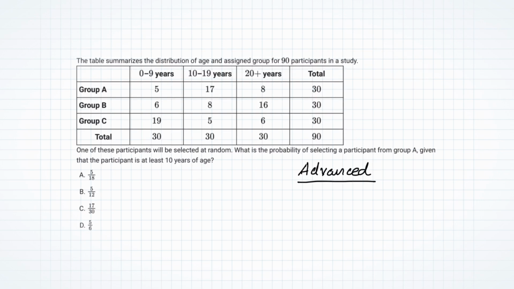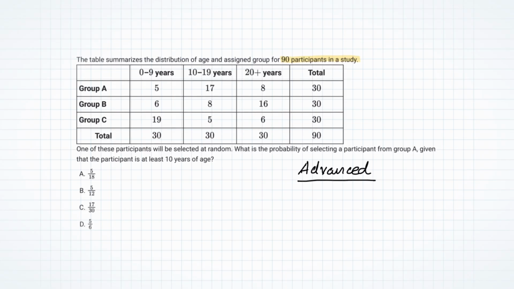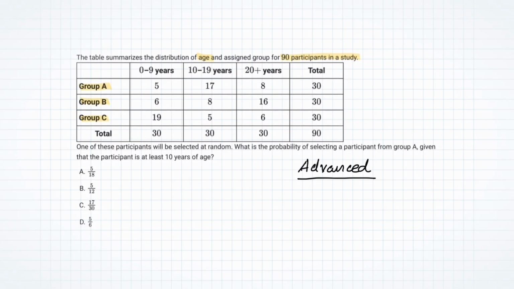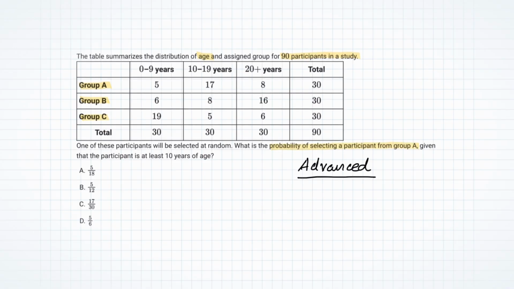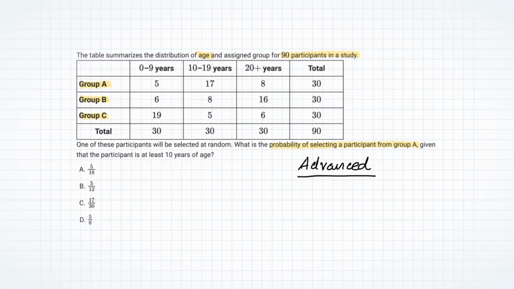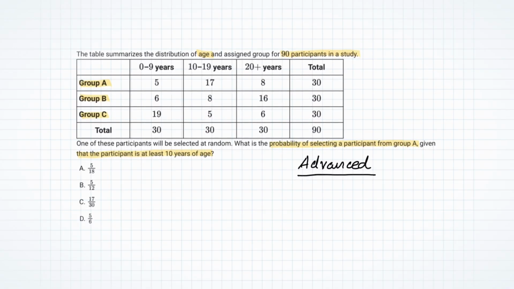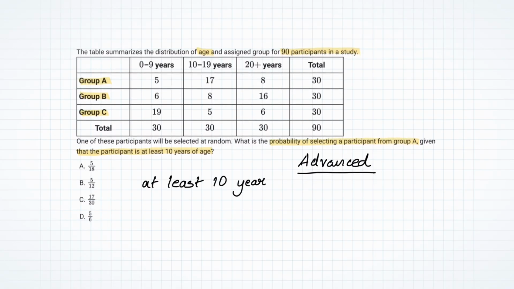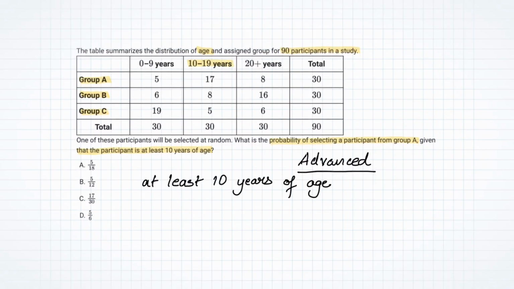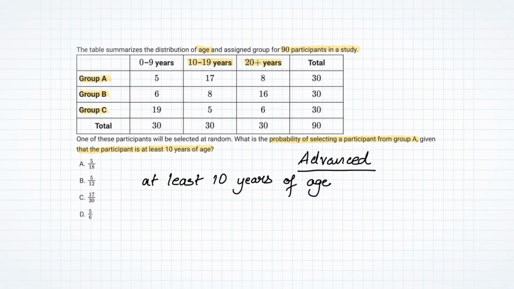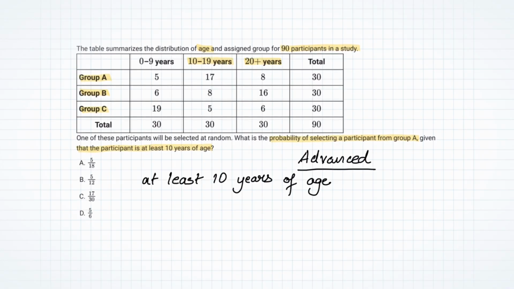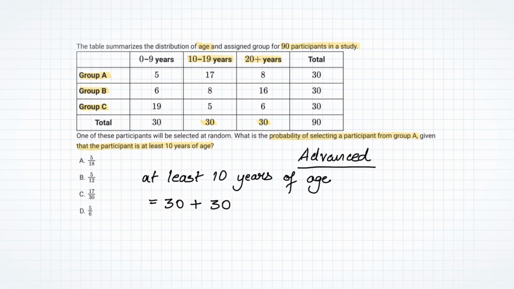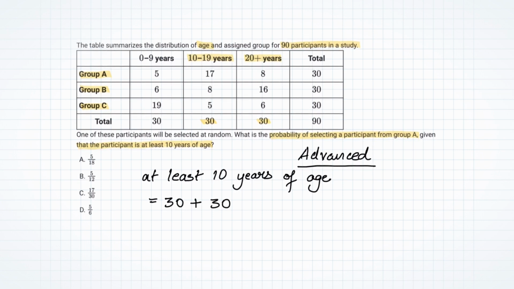The table below shows 90 participants in a study, grouped by age and category, A, B, and C. We're asked, what is the probability of selecting a participant from Group A, given that the participant is at least 10 years of age? Let's unpack that. At least 10 years of age means ages that are 10 to 19 and 20 or more. So first, let's find how many participants are at least 10 years old. That's 30 in the 10 to 19 range plus 30 in the 20 or more range, giving a total of